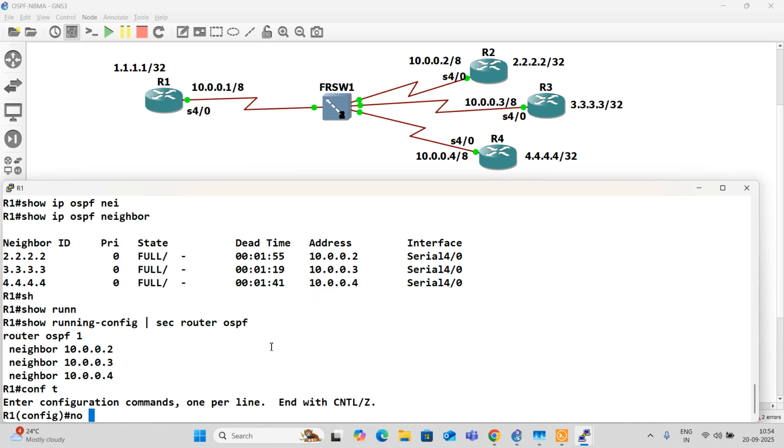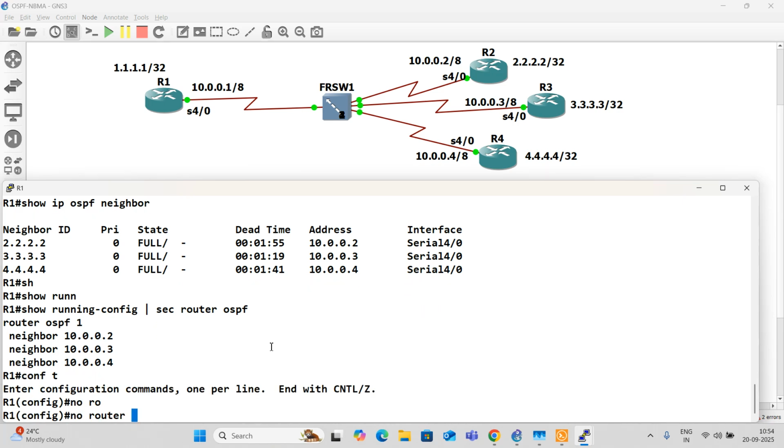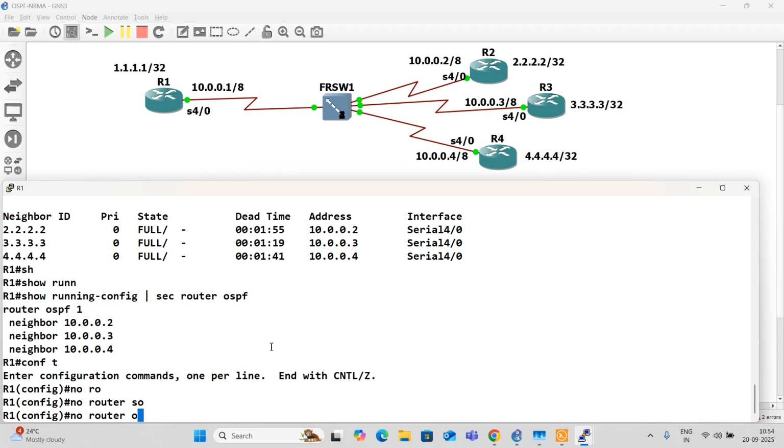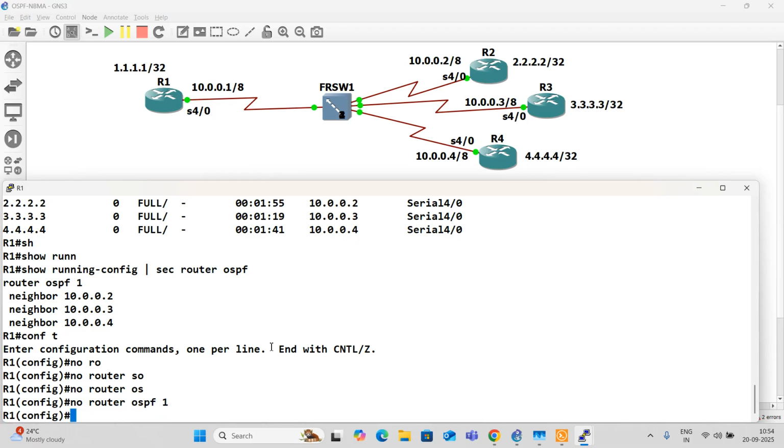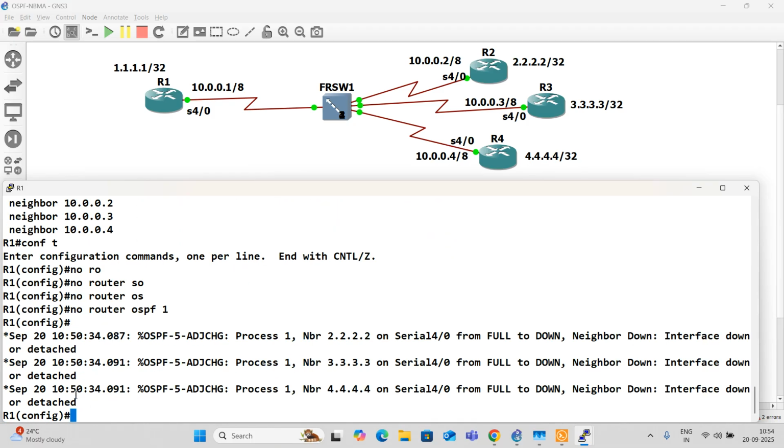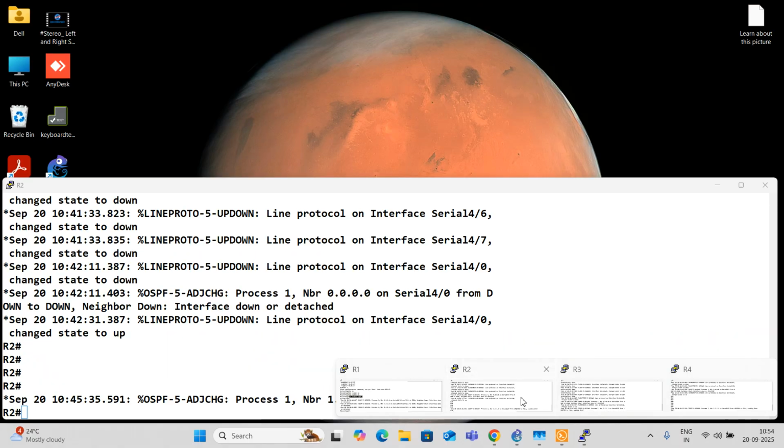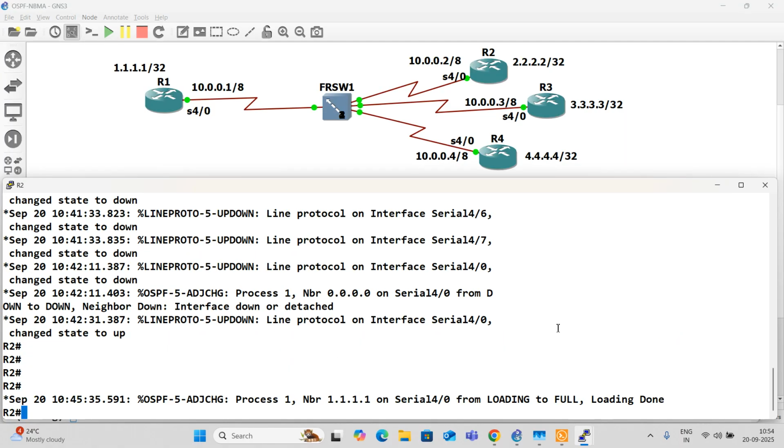For that, what I'll do is remove OSPF from all the routers, and I'll do it fresh. When we do alterations, it takes really long to fix things. So better to remove and put it again.